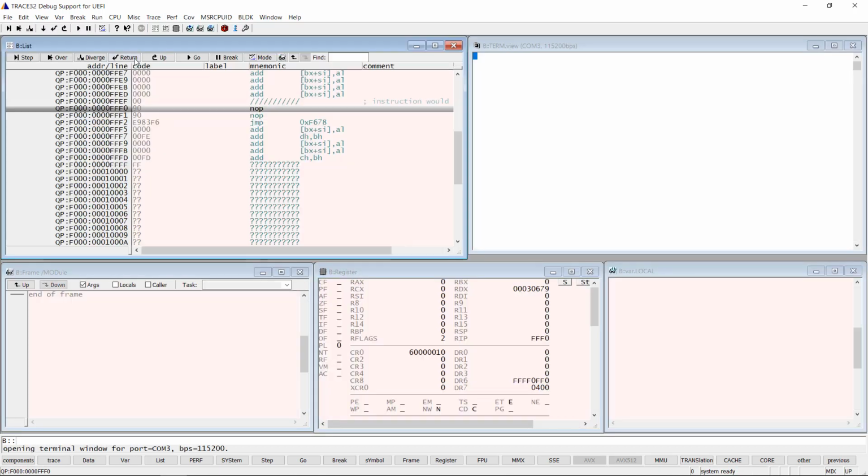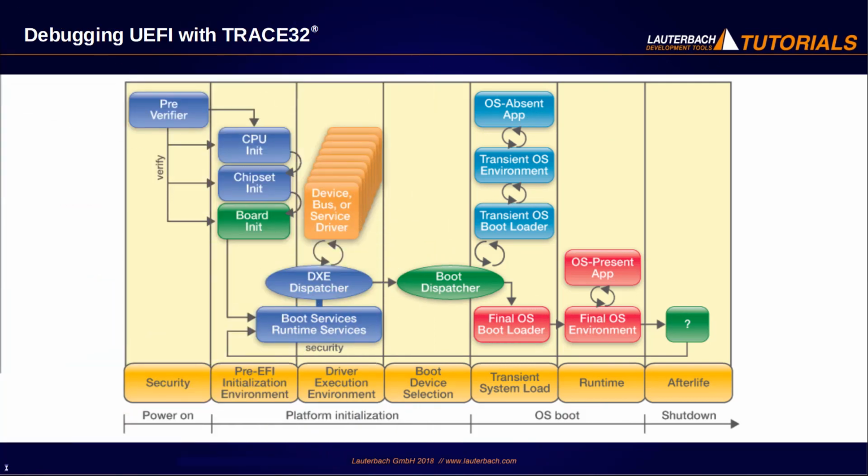The processor has been reset by the debugger and stopped at the reset vector. I will show in the following how to debug through the pre-UEFI initialization phase, the DXE phase, and finally the BDS phase. We will see how the PI core is copied to RAM and how DXE drivers can be debugged using few mouse clicks.